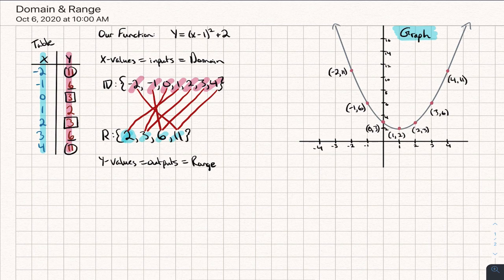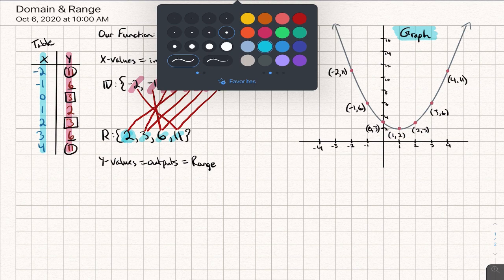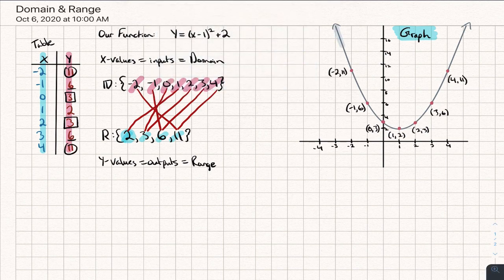But if you look at the line for our parabola, or for our quadratic, that line touches literally every single point across that x-axis. So as we're going from left to right, we touch every single point. And then if you make special note of the arrows, you see that that indicates that that graph is going to go on even past what we can just see here in our pane of view. So when it comes to our domain,